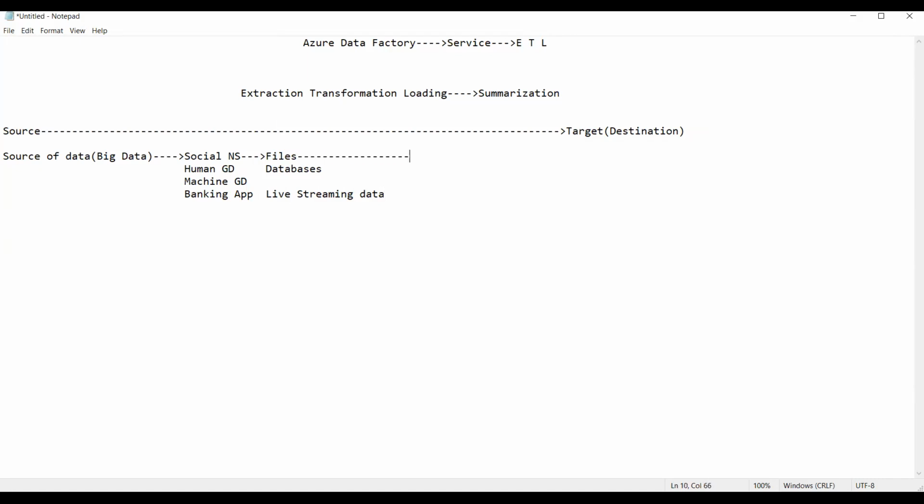And what further we do is, as a data engineer, as an Azure data engineer, you will get this data into this ADF, that is nothing but Azure Data Factory. And as you want to use the data factory, Azure is a product name now, this files data or database data or live streaming data needs to be stored into this Azure. So for that we use what is that? Azure storages.